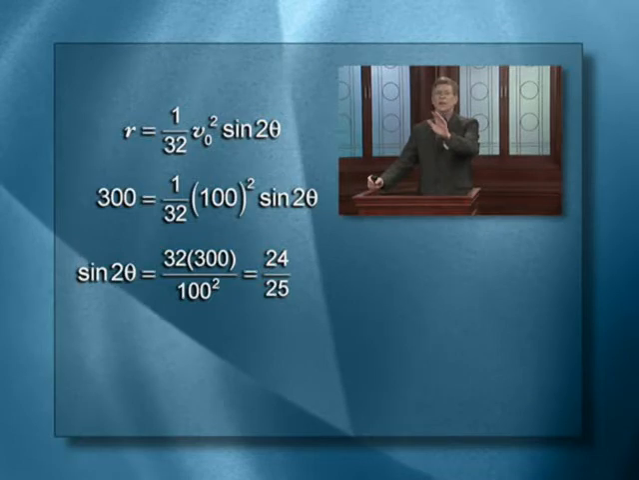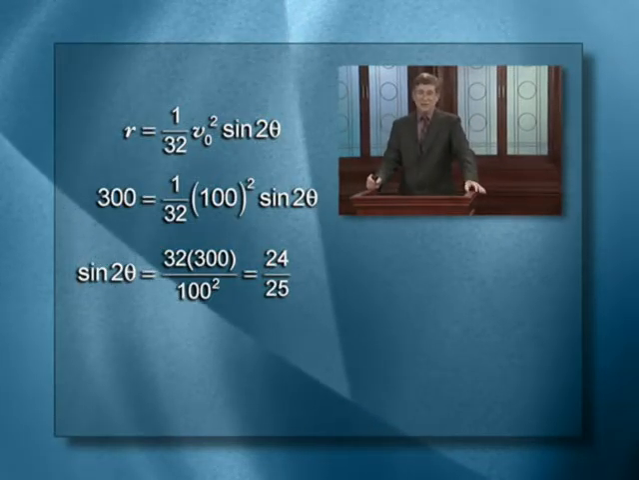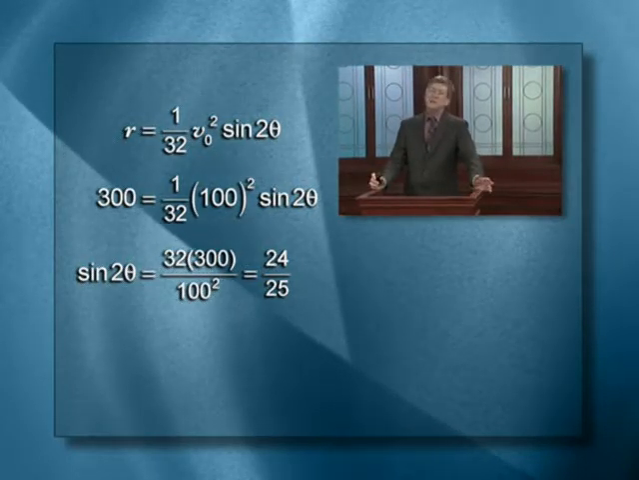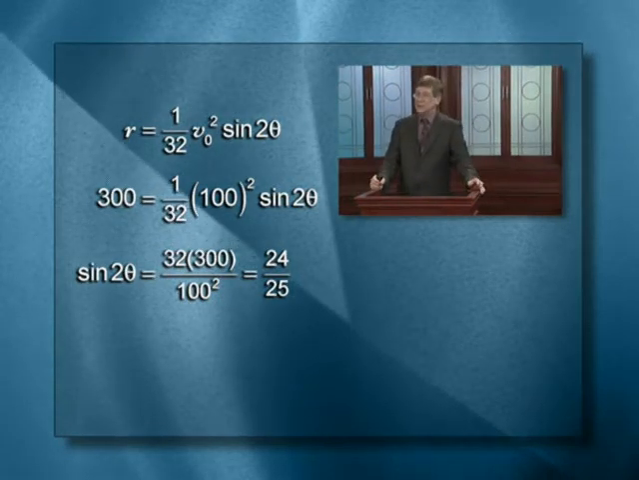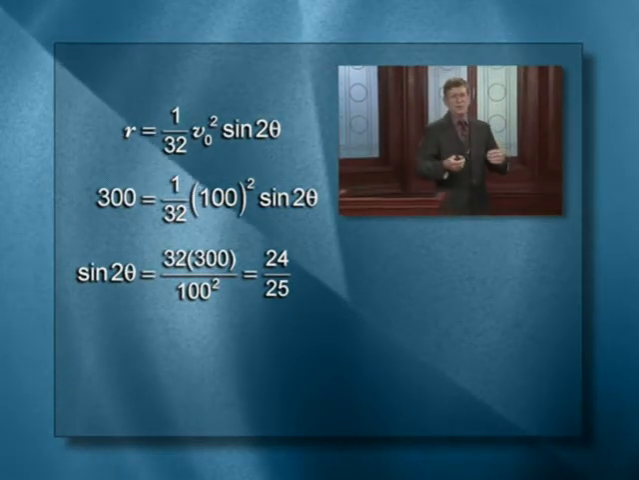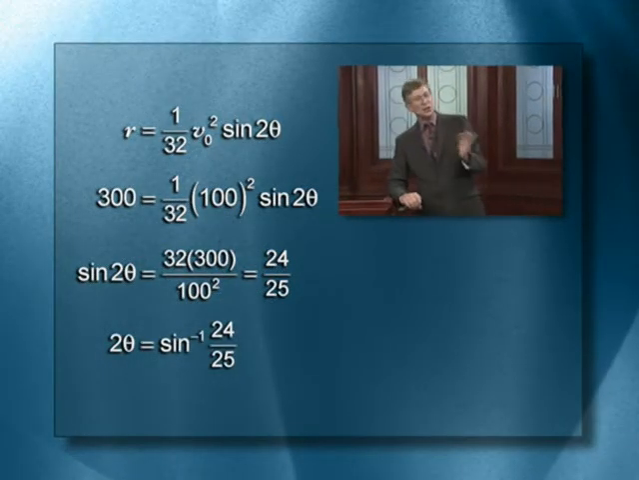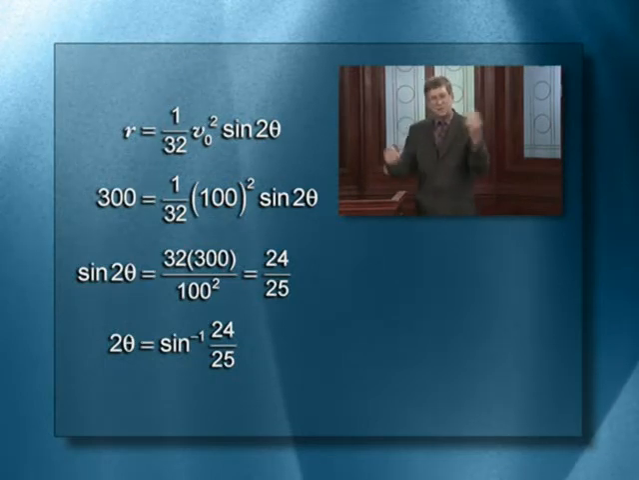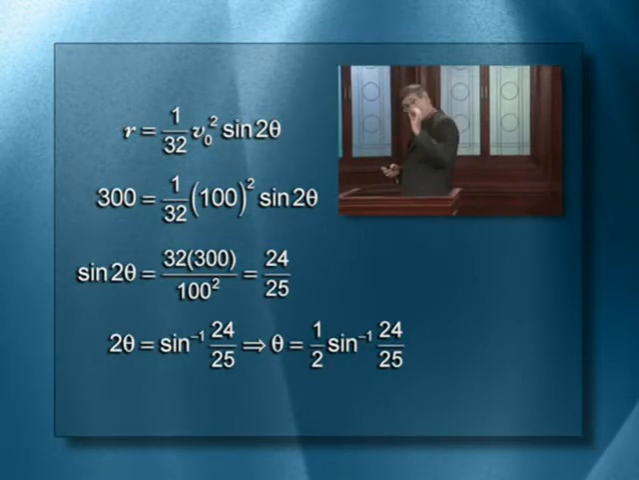Now, you aren't expected to know what theta is here. You're going to have to use the inverse sine function here. Generally, in real-life problems, the numbers are not very pleasant, and you have to actually use the inverse sine function. So 2 theta is arcsine, or the inverse sine of 24/25. I'm using that inverse relationship. That means theta is 1/2